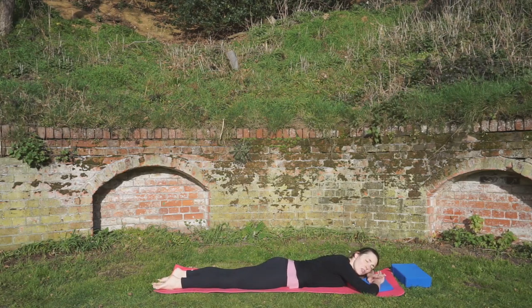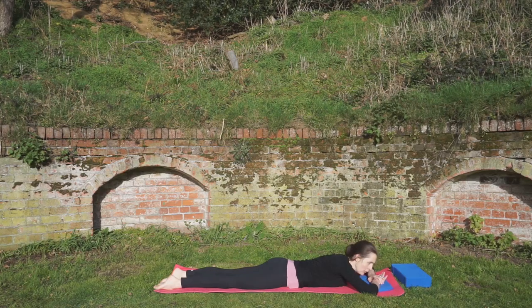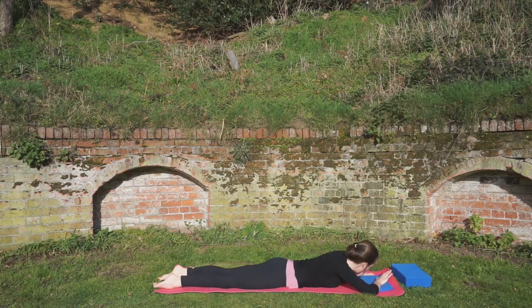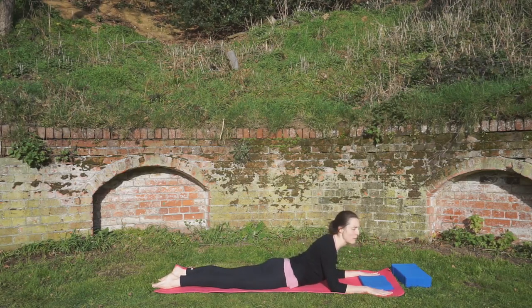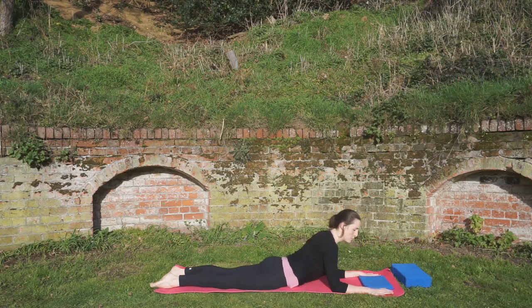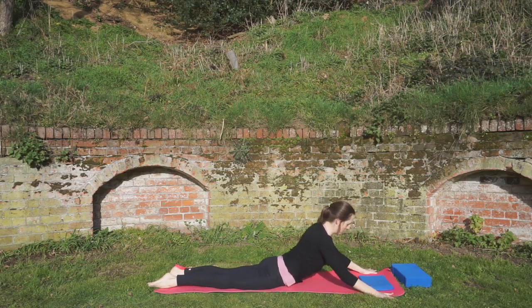So again, just make sure you're going to where you feel comfortable with that stretch and don't force that movement. So again, we're going to come back up. If that's your comfortable position on your elbows, or you can even just raise up a little bit more on your elbows themselves. But again, if that's comfortable, hands a little bit wider, and we're going to come back up